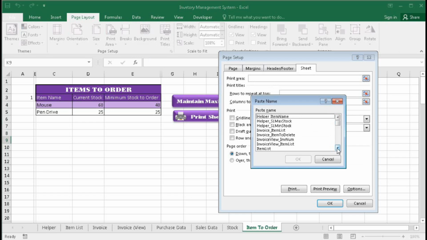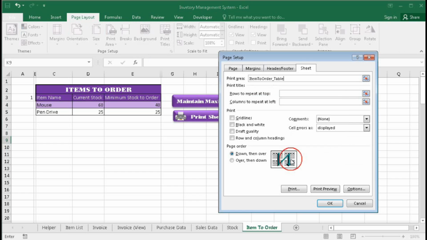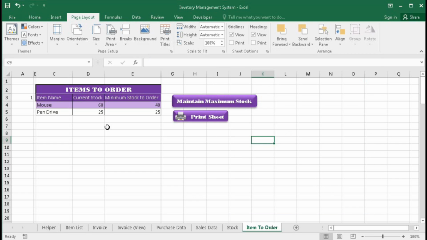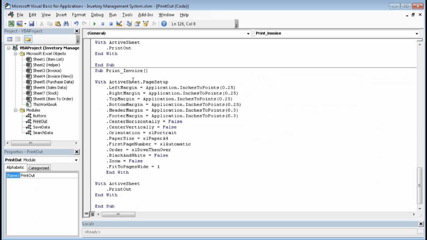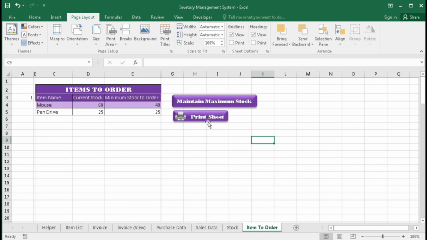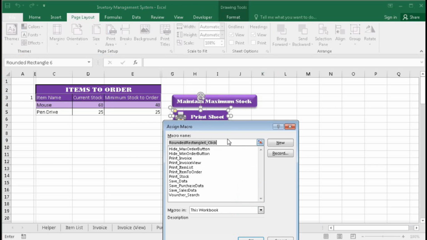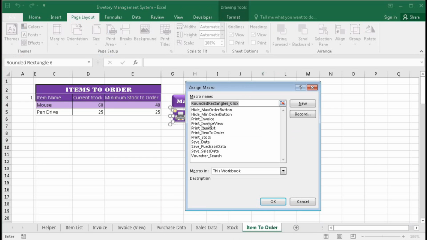Okay, okay, and we have to create a macro, so type here item to order, and here just assign the macro item to order, this one.